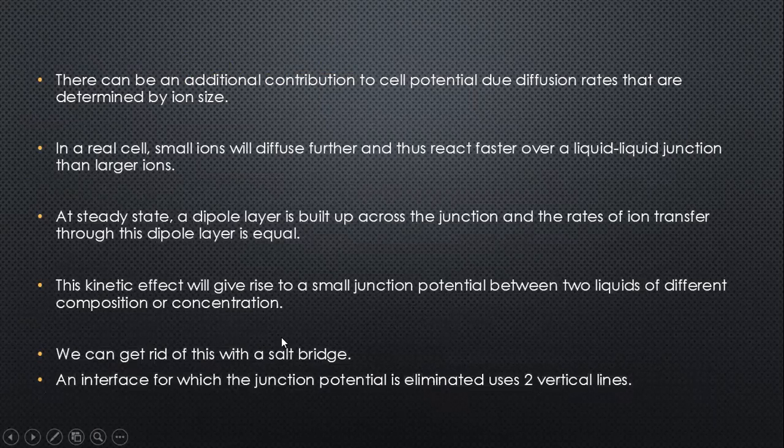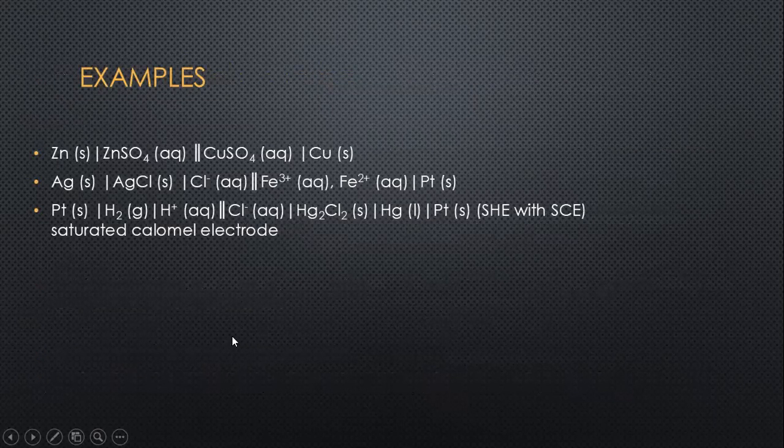But how do we get rid of that? We get rid of that with a salt bridge, and the interface for which the junction potential is eliminated is shown using two vertical lines. So just looking at this: zinc sulfate, the two vertical lines, copper sulfate, copper, silver chloride, and chloride ions,